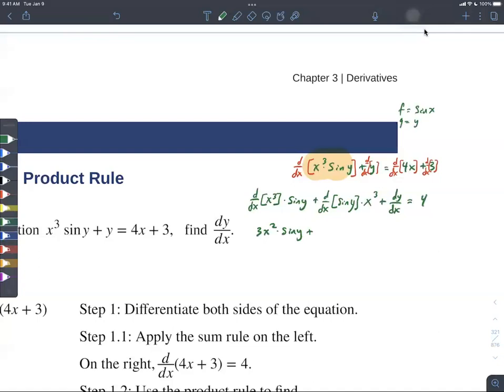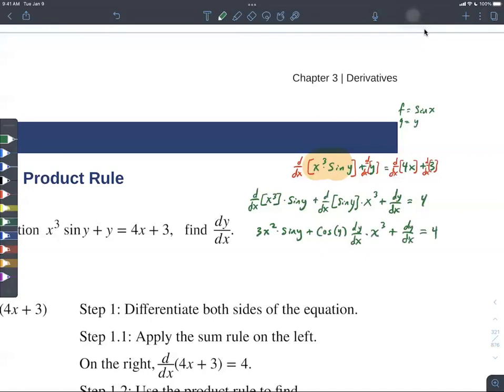So we take the derivative of the outside function, which is the cosine, and the inside function stays the same, y. Then we multiply by the derivative of the inner function. The derivative of the inner function y is dy/dx. And then there was a factor of x cubed there. Plus dy/dx